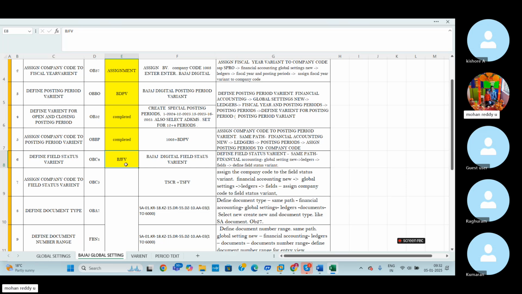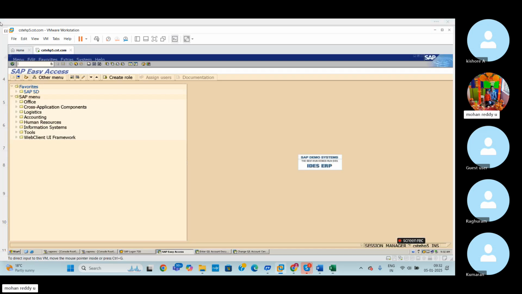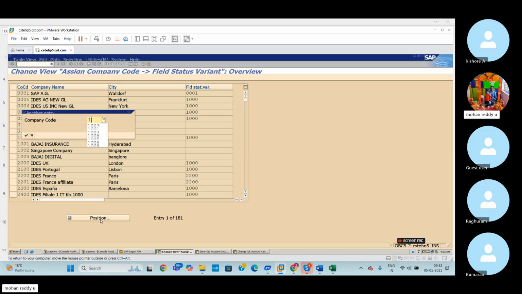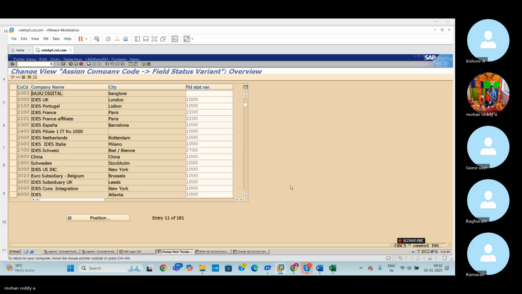And also now that field status group, when I need to assign to my company code, like BJFE, with the help of OBC5 code, /n OBC5, assignment of company code to field status variant, right? The position, my company code 1003, enter. So whenever we update the field status group to our company code, then only it will be reflected. Otherwise the system cannot identify this field status variant, field status group belongs to my company code. So that we need to update our field status